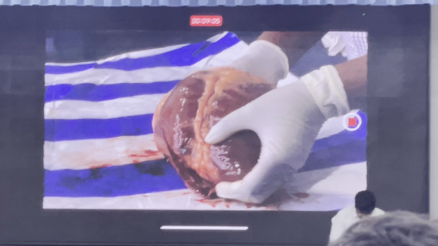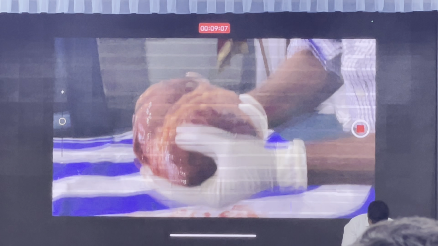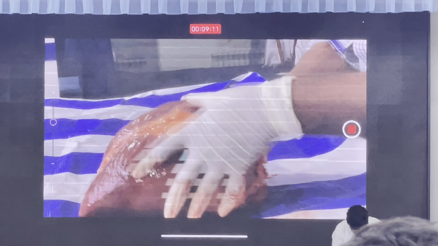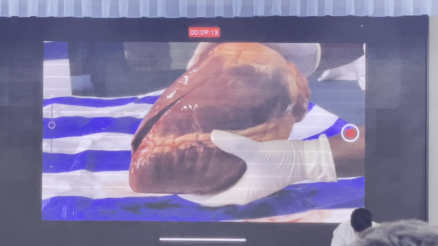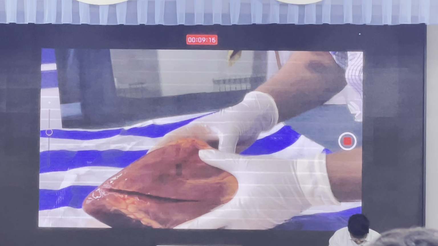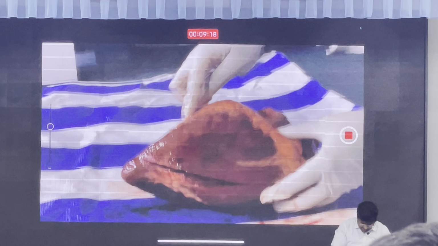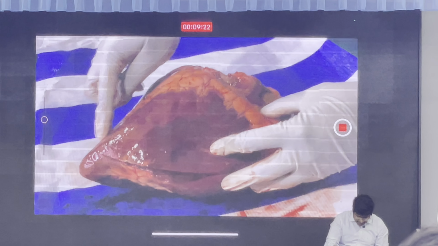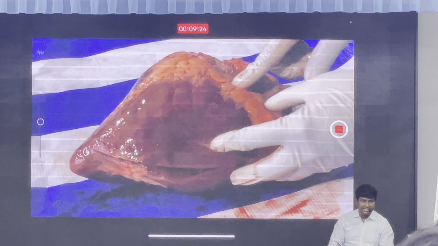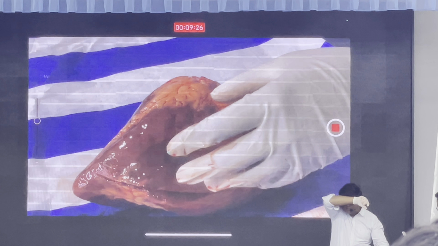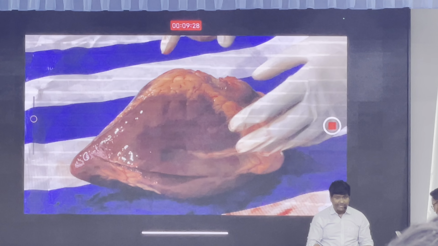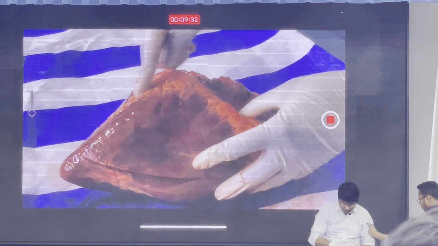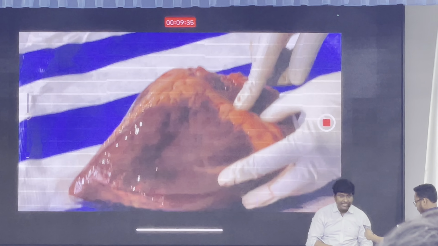Okay? Now, I'll try to show you the right coronary artery. Yes. So, whatever you are seeing here, right? This particular vessel, it is nothing but your posterior descending artery. That is a branch of the right coronary artery. So, if this particular vessel is being blocked,